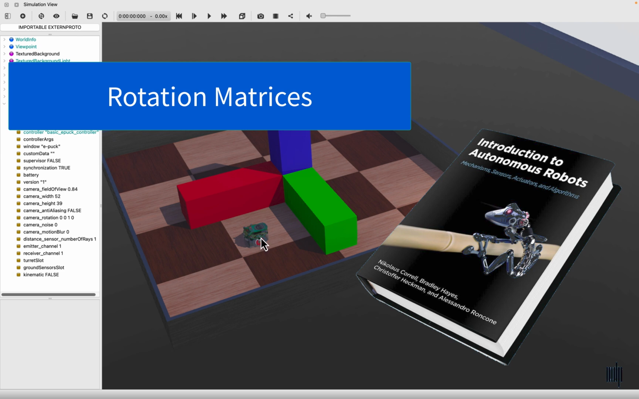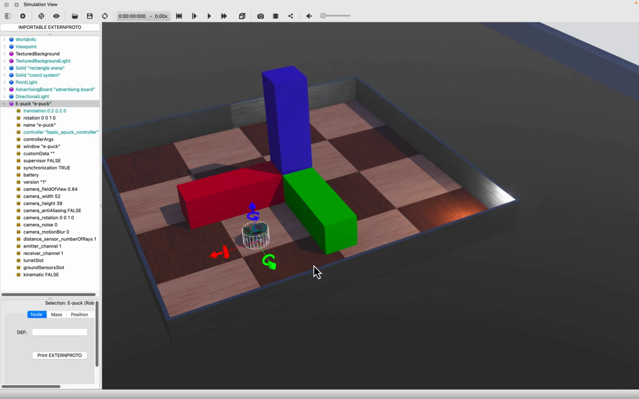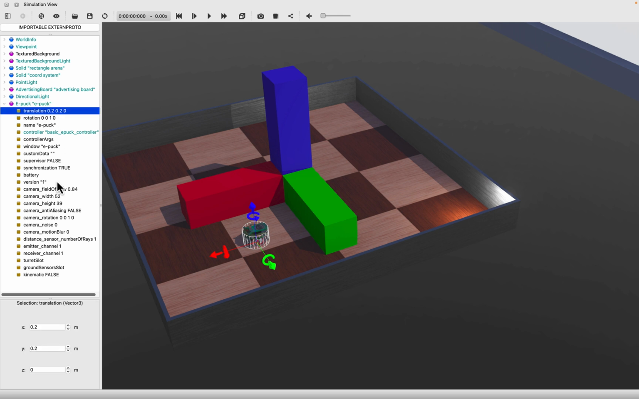To describe the position of an object like a robot in a coordinate system, we usually use three values, which are the translation along x, the translation along y, and the translation along z. So if you want to move the robot up a little bit, like so, we have a vector 0.3 for